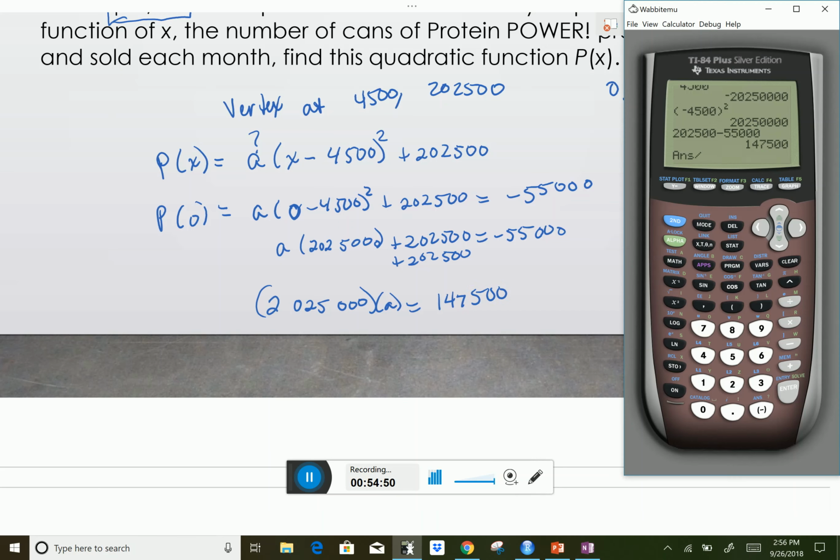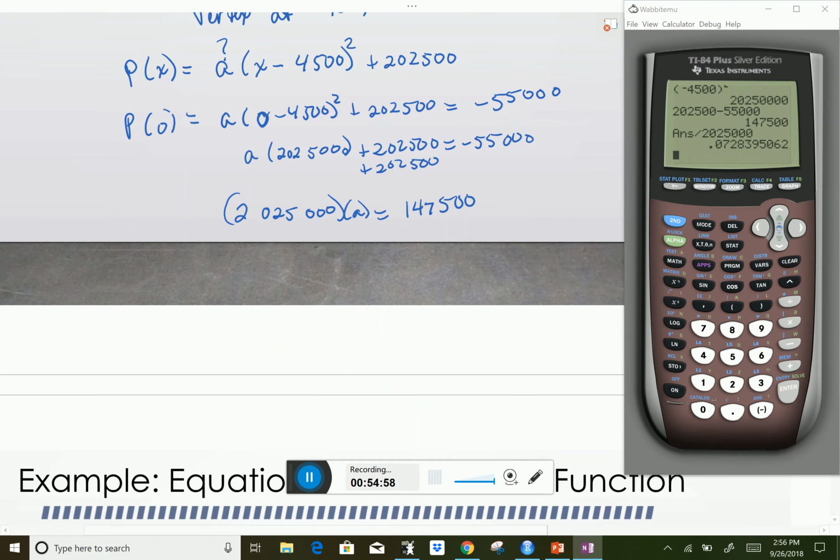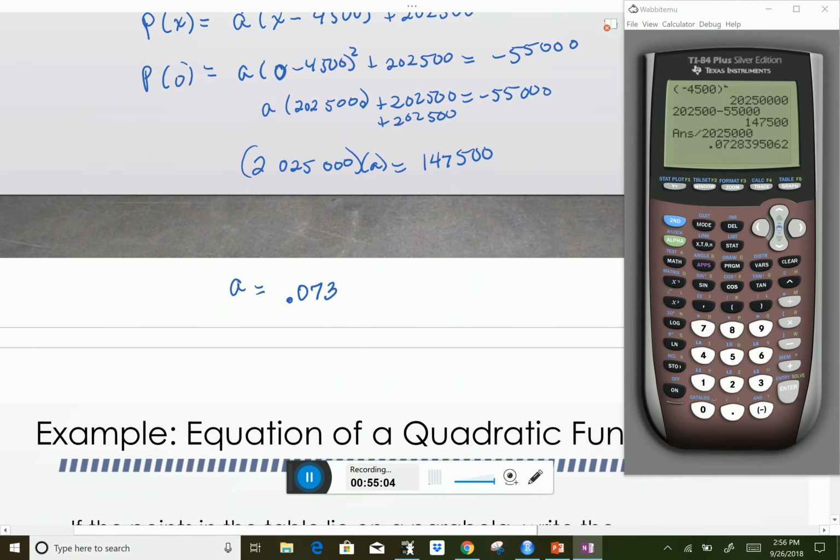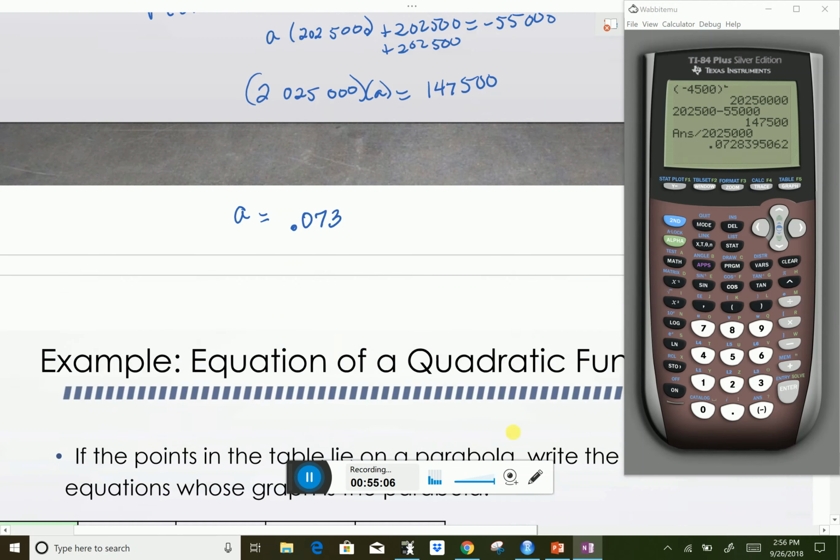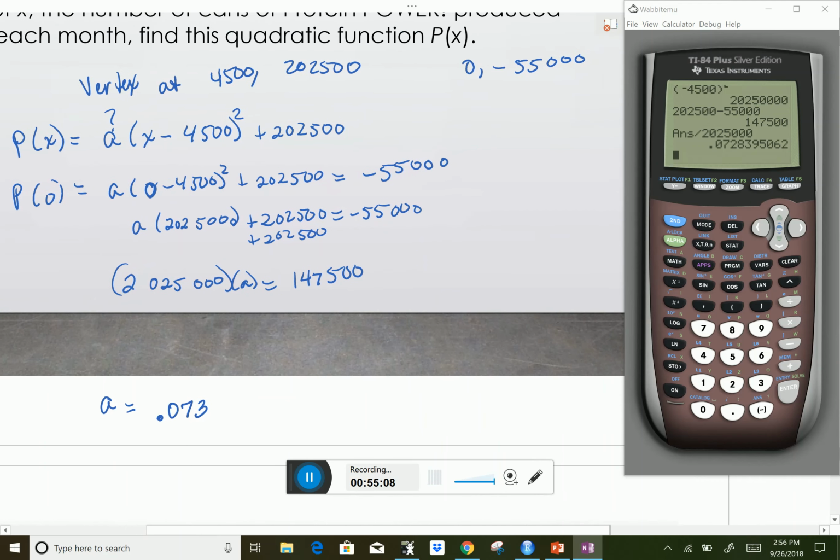Let's divide that by 202,500, and we get a equals 0.073. So that means that my equation is now P of x